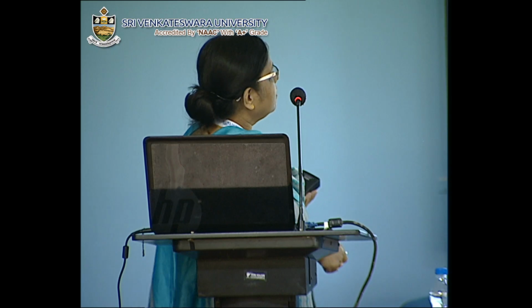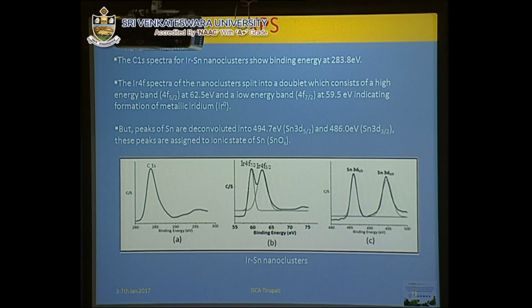Then XPS is carried out to study the oxidation state of the metal nanoparticles. This is XPS for the iridium tin nanocluster, and this one is for the carbon 1s spectra. It shows the presence of carbon in the 1s state, and its presence is from the polyvinyl pyridine. And iridium is in 4f 7/2 and 4f 5/2, and these two peaks correspond to